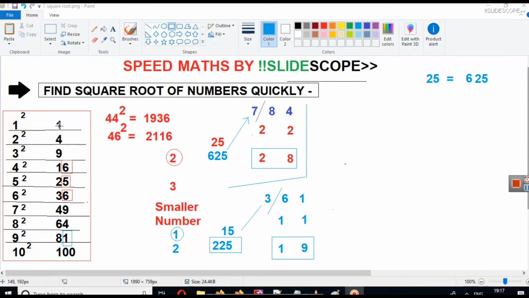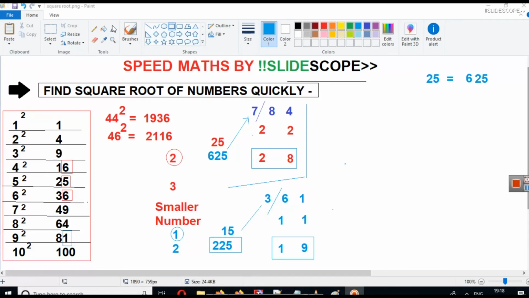This number lies between 4 and 9. Write 2 and 3 here, and now just write the square of 25 here, because the numbers are 22 and 28 here. So we have to find numbers between 22 and 28. In this case you have to write the smaller digit. We always write the smaller digit here from this selection.